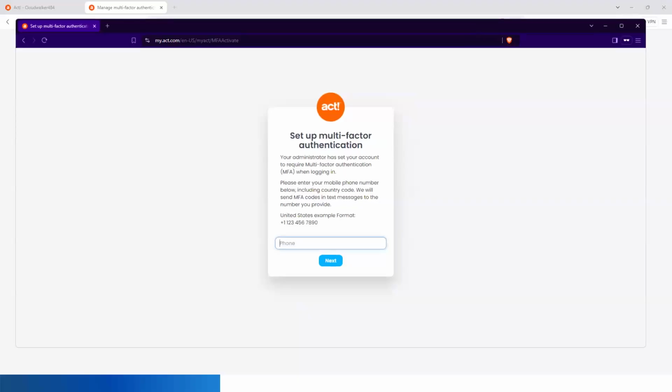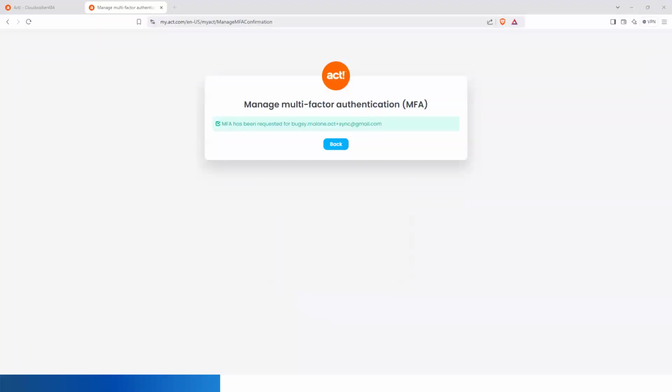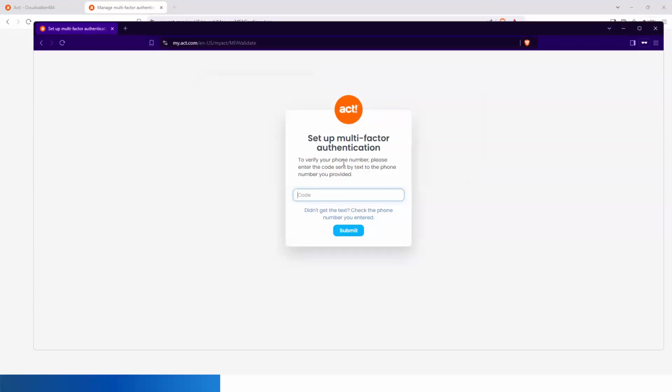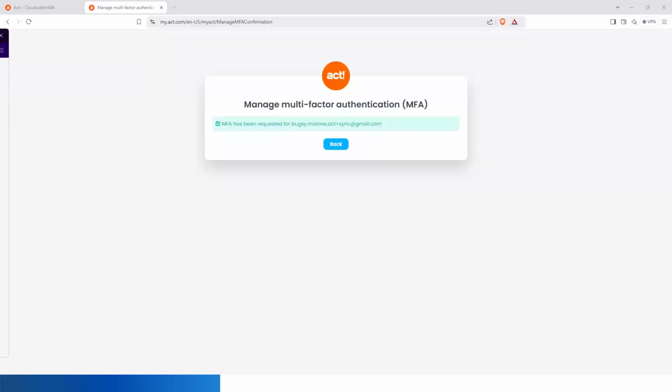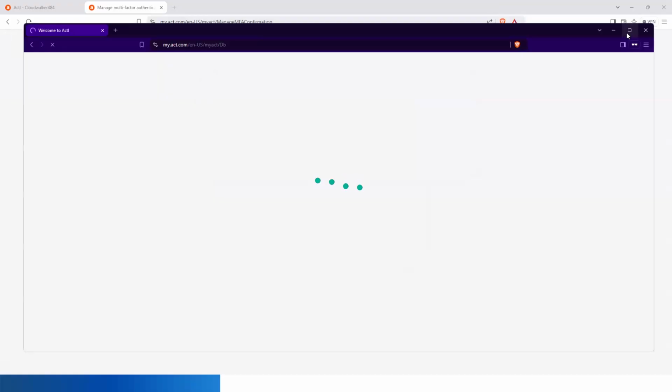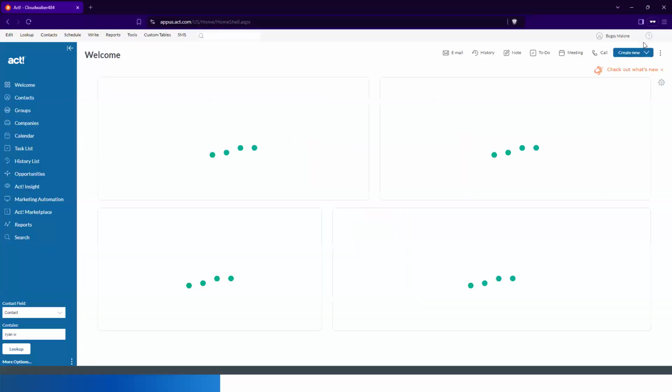So let me do this real quick. Let me put my phone number in here off screen because I know some of you will try to call me. You're sneaky like that. Once Bugsy puts in his phone number and clicks submit, now the code will get sent to his phone. My phone is on silence, so you didn't hear it beep, but it just showed up. Let me put that code in off screen real quick here, and then click submit. Once you click submit, it will log Bugsy in as requested.